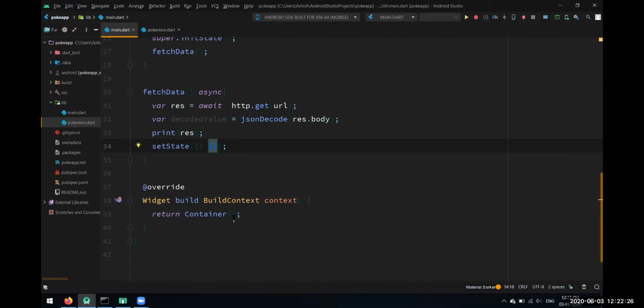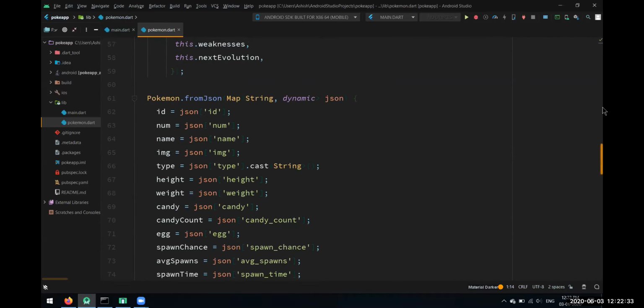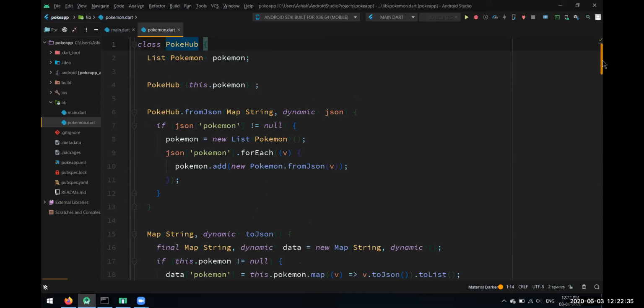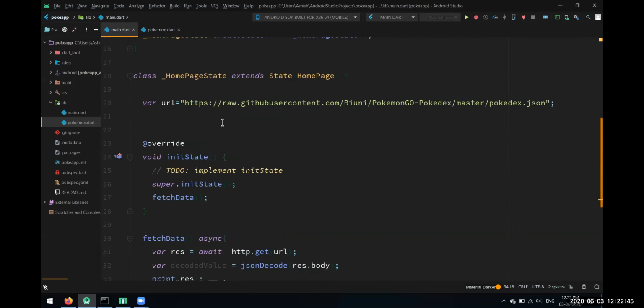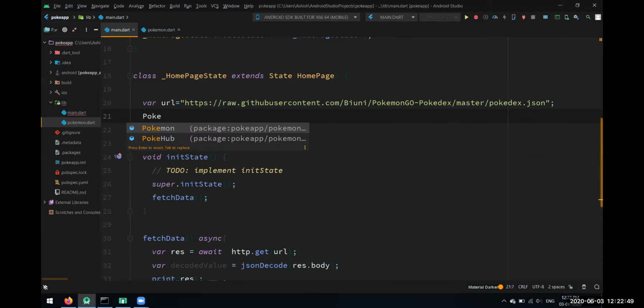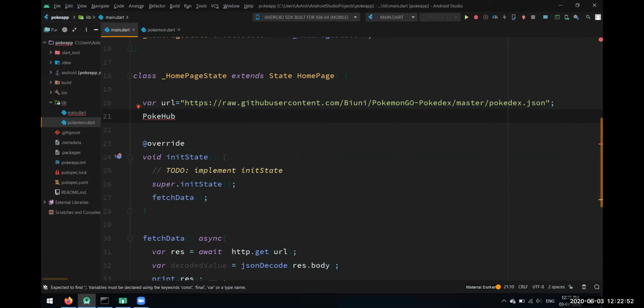If you remember, we just created this Pokemon class over here. So let's use an object of this PokeHub class in our main Dart file. We'll declare an object over here and name it PokeHub only.